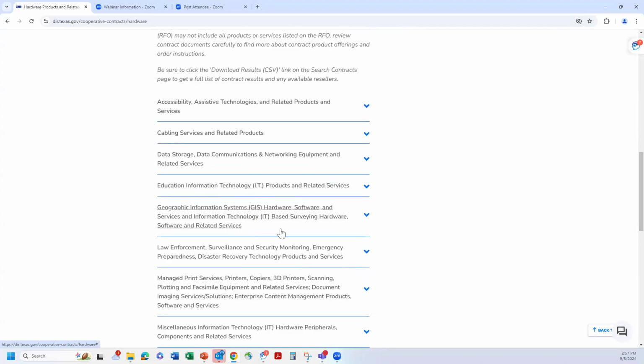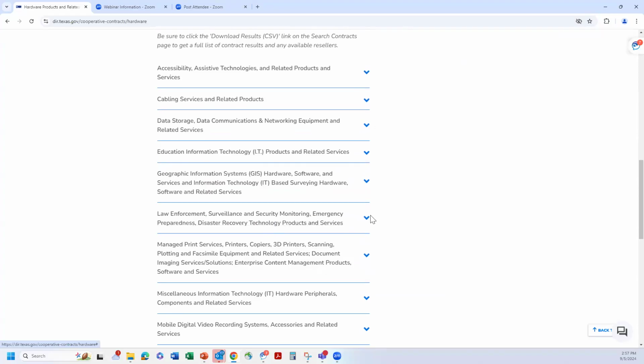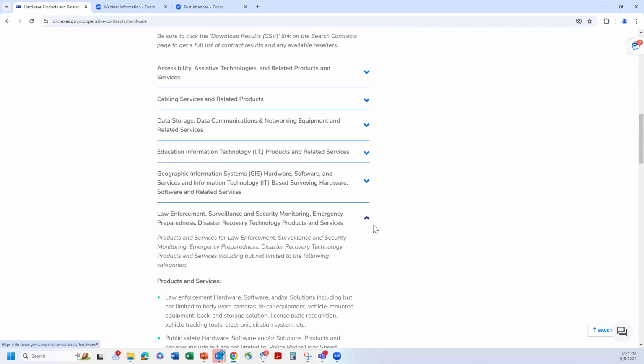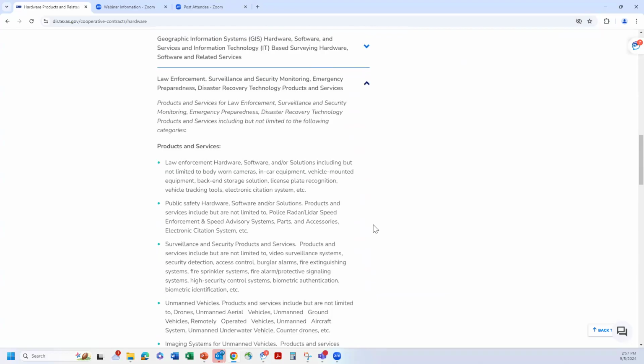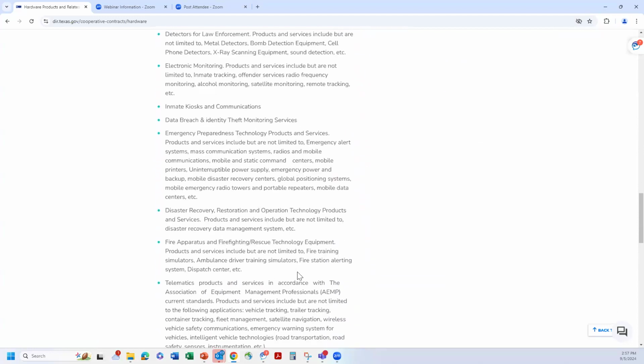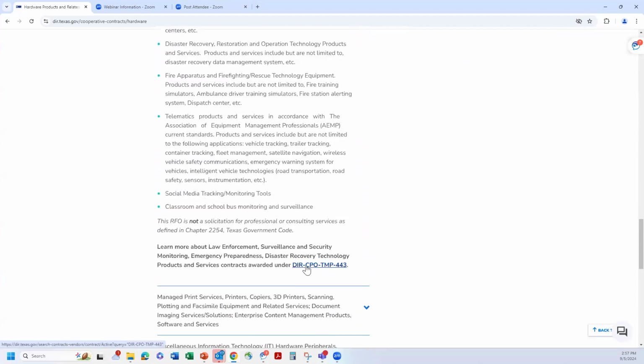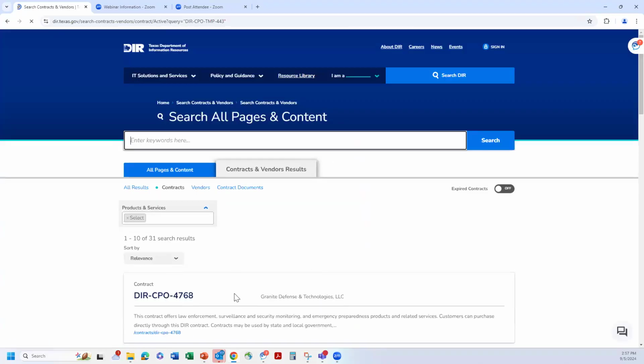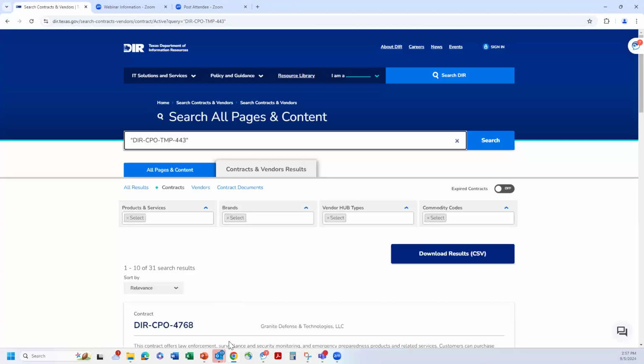Let's say you want to see what vendors have a law enforcement related contract with us. You can click on that little drop down, get a description of the types of products and services that are available. Then if you scroll to the bottom of that category and click on this link right here, you'll be able to see a list of vendors who hold a law enforcement type contract with DIR.